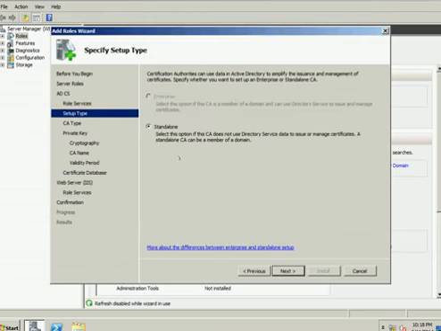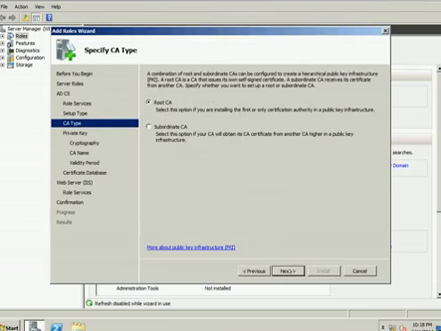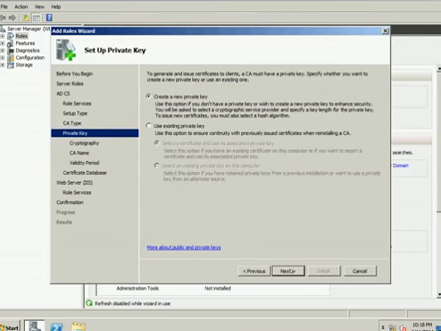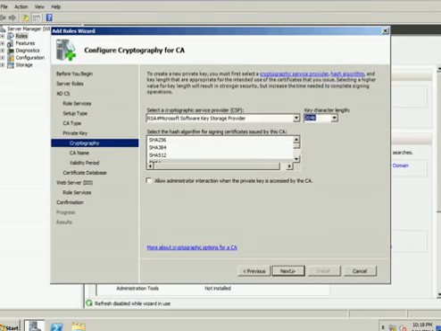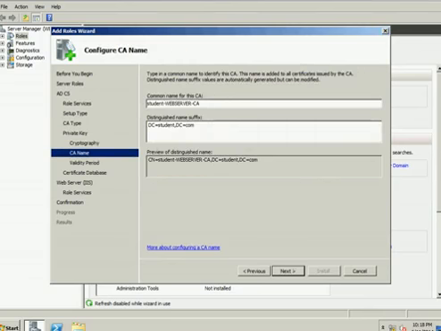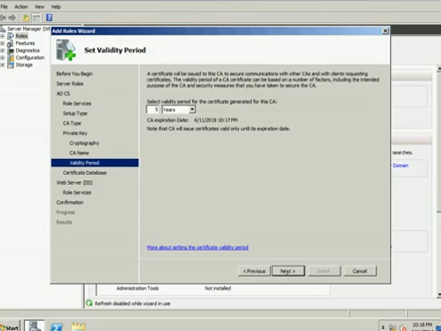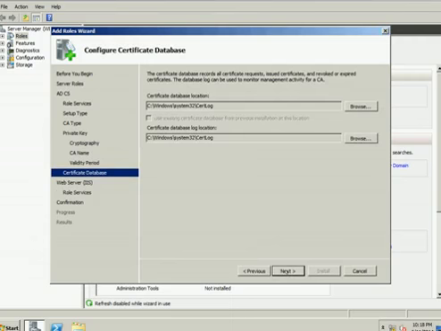And we can just next through that, and we want a standalone CA obviously because we only have one server. And for the same reason, we're going to make this the root certification authority, and we're going to create a new private key, and we're going to leave all this cryptographic mumbo jumbo default, and we're going to change the common name of our certification authority to root CA, just so it's a little bit easier to remember. And we're going to leave the validity period default,